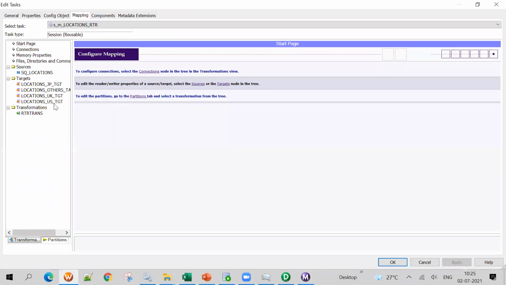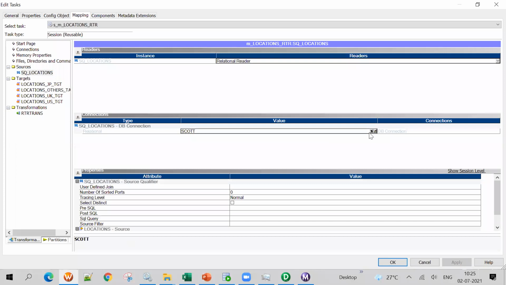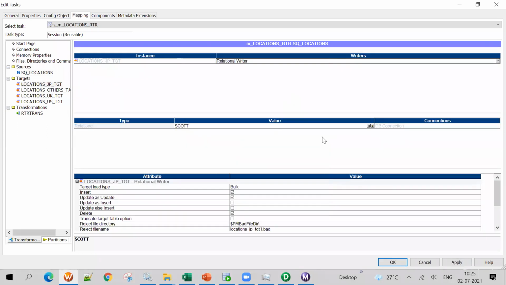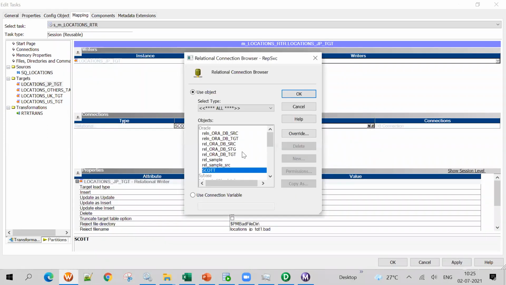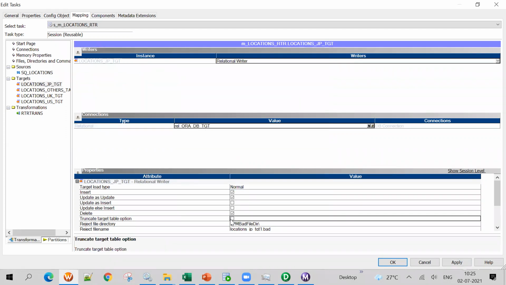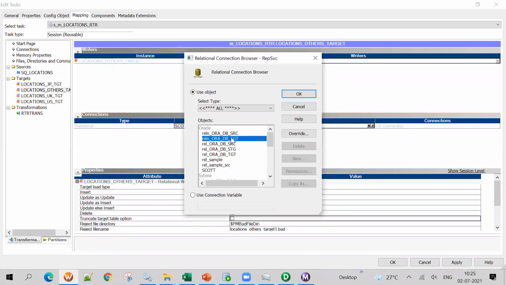Then go to the Mapping tab, give the connections for the source. Now one by one, give the connections for the targets, changing bulk to normal. As my target table is having data, I'm giving the truncate and load option.